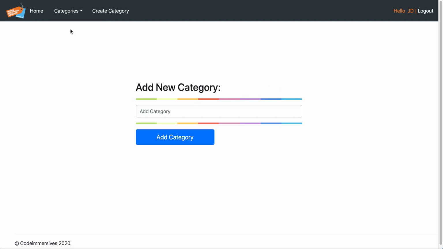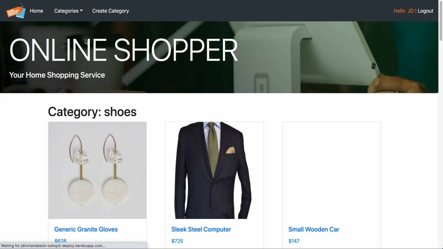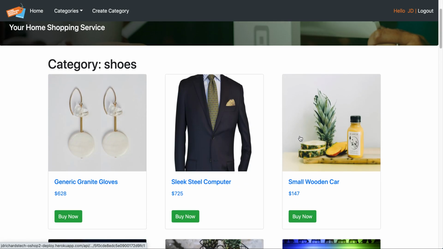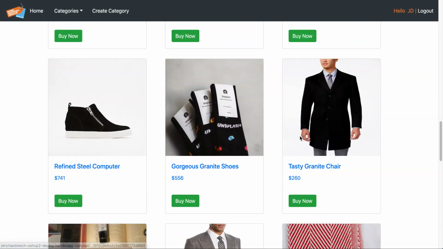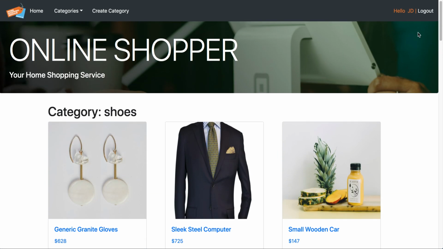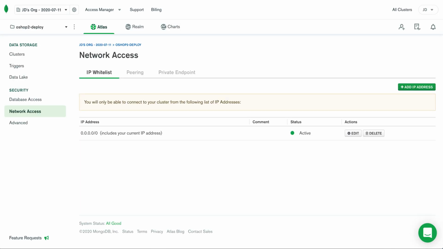If I click on categories and look at shoes, if you remember from the last Mongo Atlas video, I don't have a cart. That's not the project I'm using. So this is all working so far. And most importantly, it is working online. I didn't scroll up to the URL, but the URL is actually online, not from my local. And I'm going to go back to my